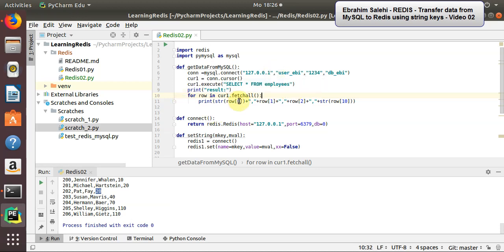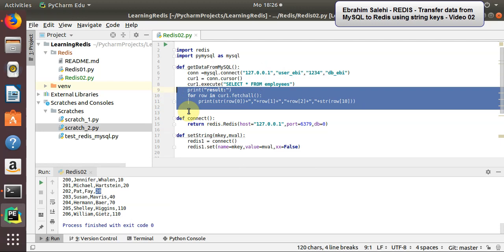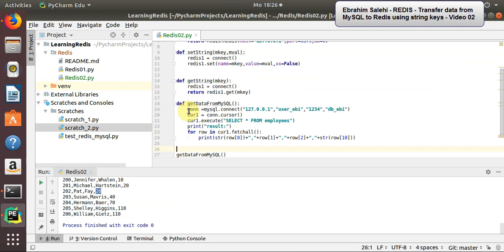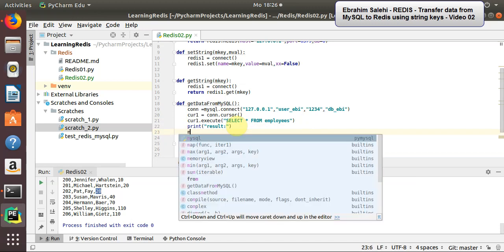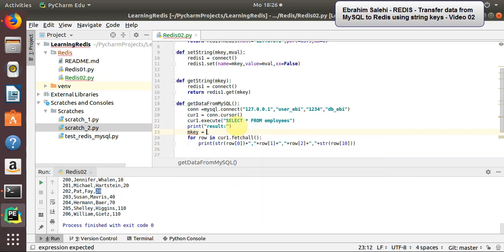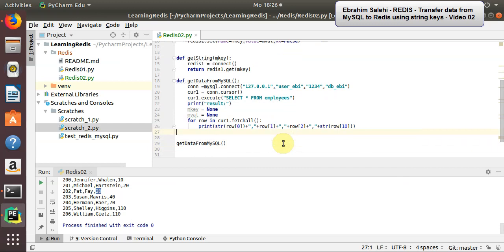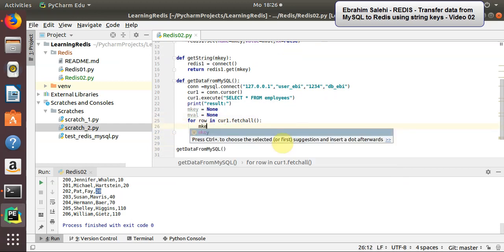So here, if I want to use this code, let me change this position and comment it and put it here at the end of the functions. So here I must use the mkey, for example, with the value of none. mkey is the key that I want to create, and let me define the mval for value is equal to none. So here mkey is equal to